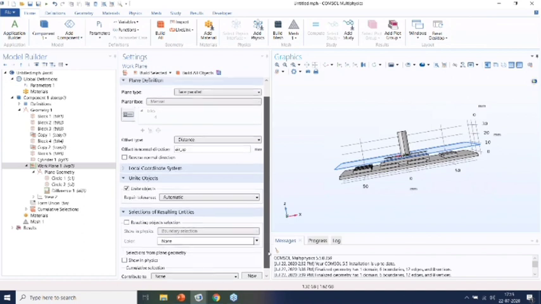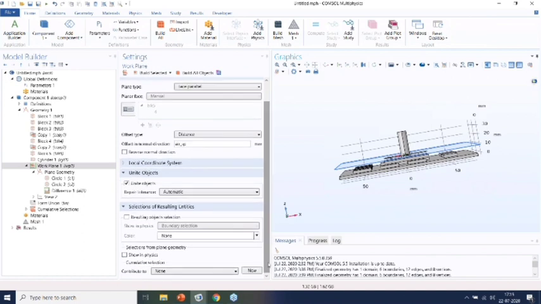But we want these fins also to get added to the selection. So locate this contribute to, and select the selection that you have created earlier. But we want to have a stack of these fins, right? Hence the last operation that we want to have is